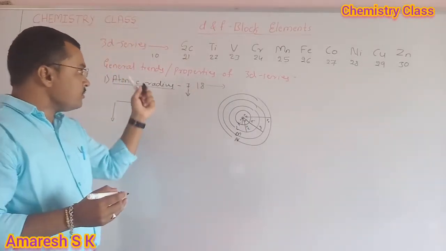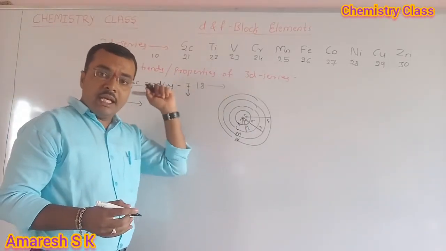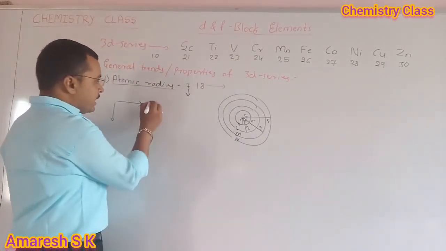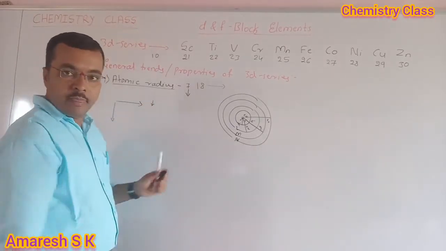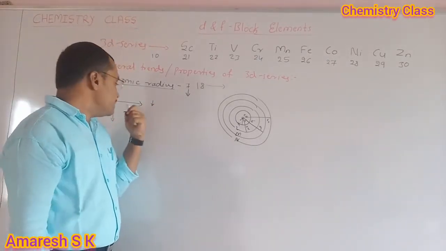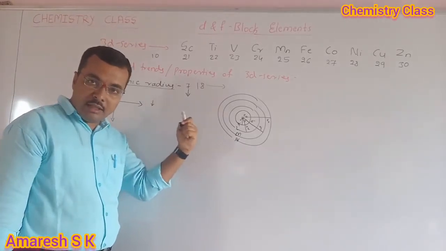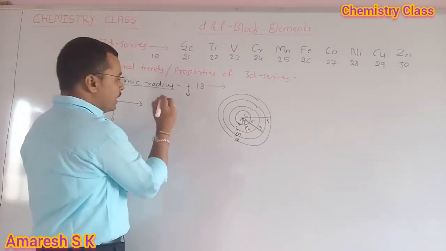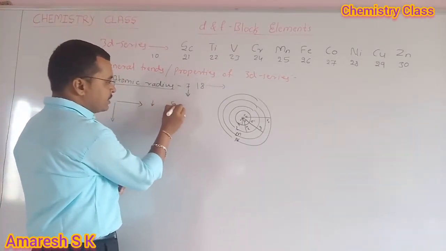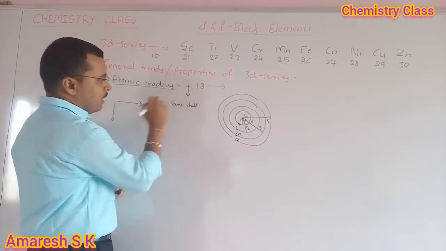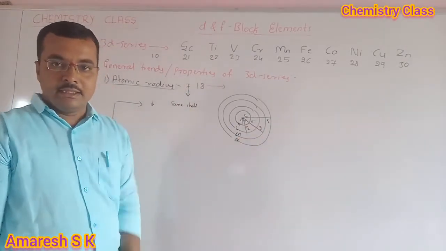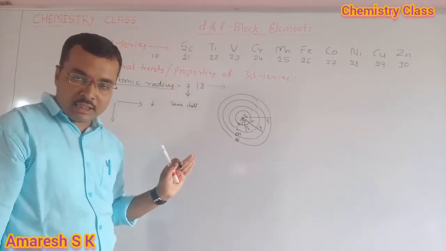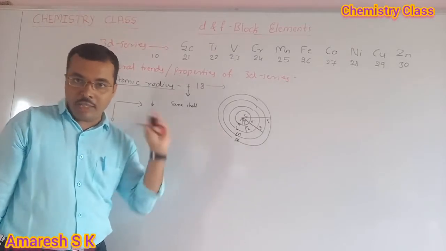In this series of elements, especially in the periodic table, as we move from left to right, there will be a decrease in the atomic radius. Already you know this concept. It means as we move from left to right in the periodic table, there is a decrease in the atomic radius because all the electrons are being added into the same shell, and as a result there will be an increase in the